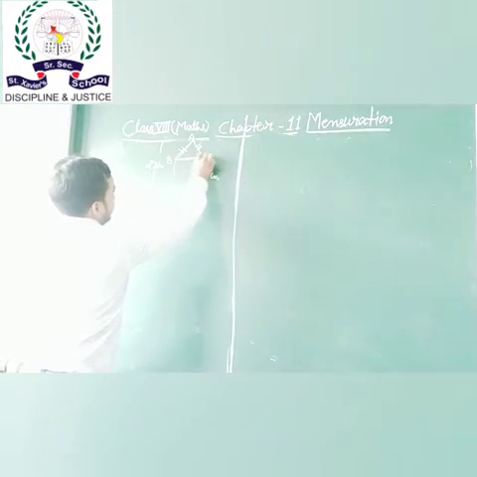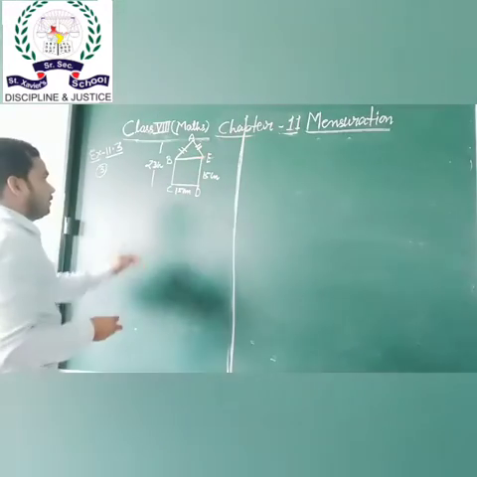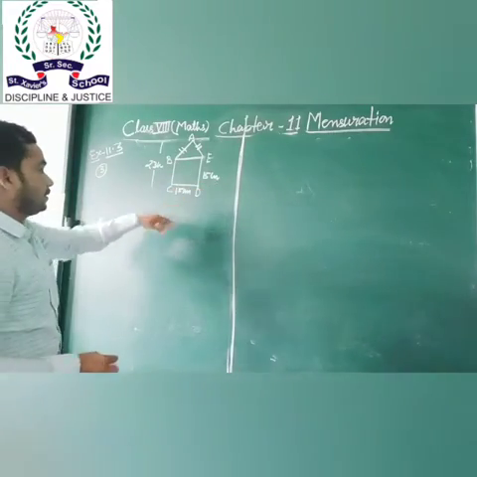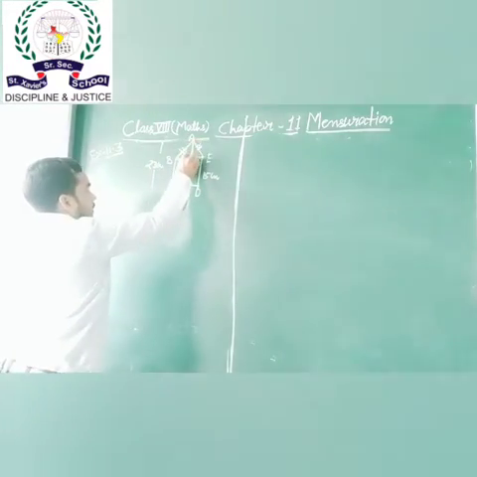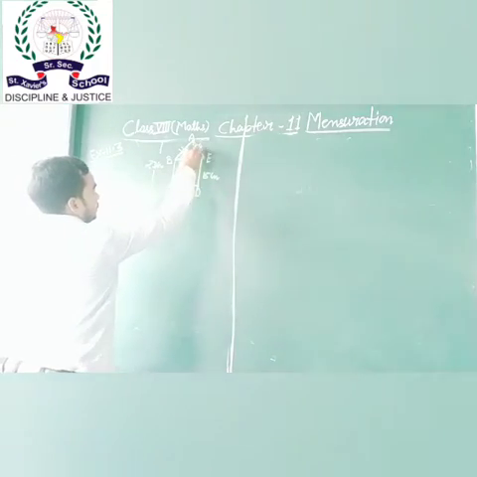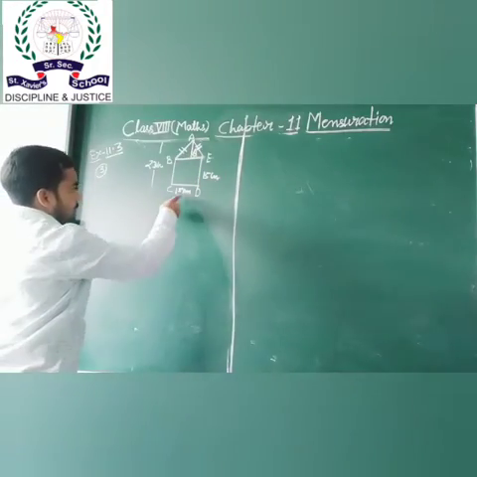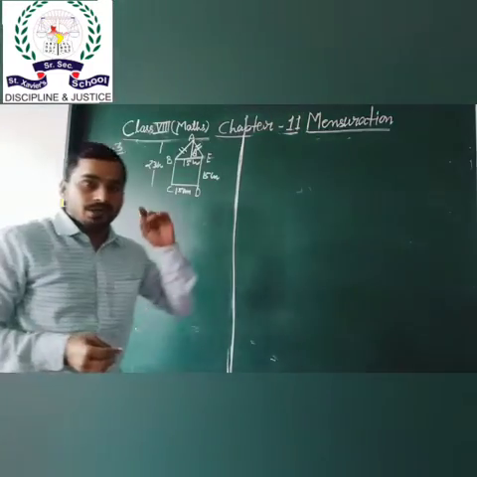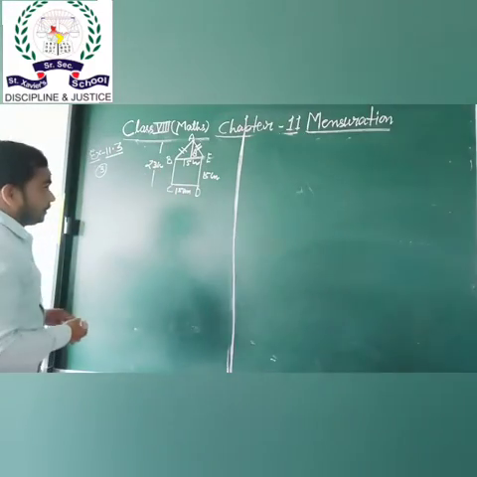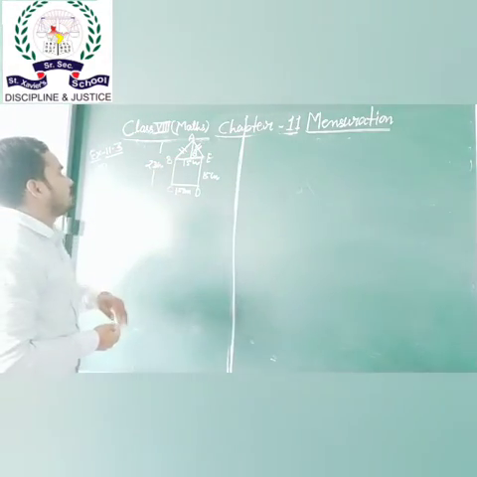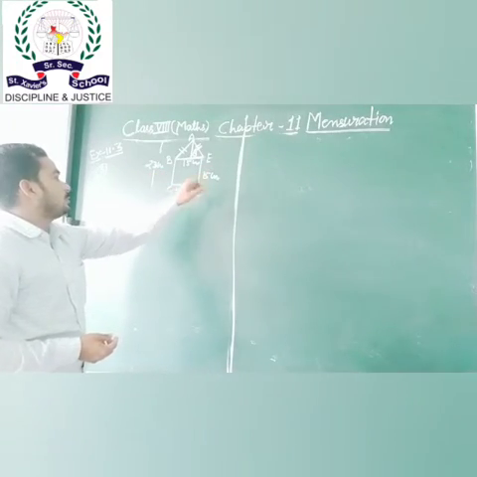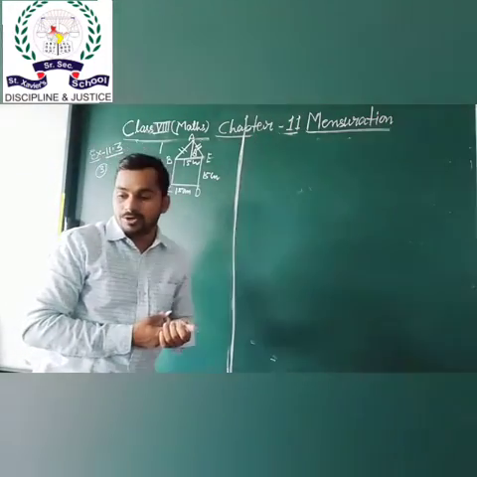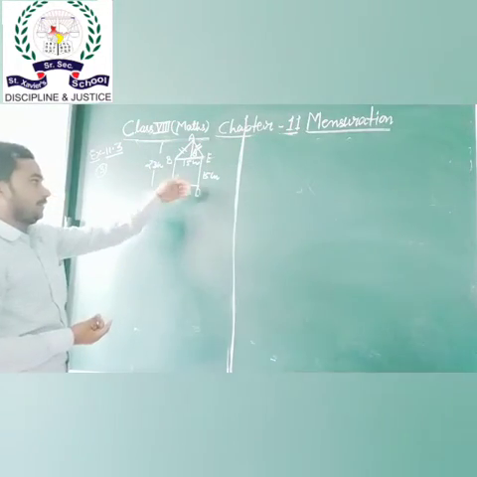So join B and E. This whole side is 23 and this is 15. So AC minus DE equals this length: 23 minus 15 is 8. And CD equals 15, so BE also equals 15. So we have two shapes: ABE is a triangle and BCDE is a square. When you have to find the area of the pentagon, the area of the square is 15 into 15.